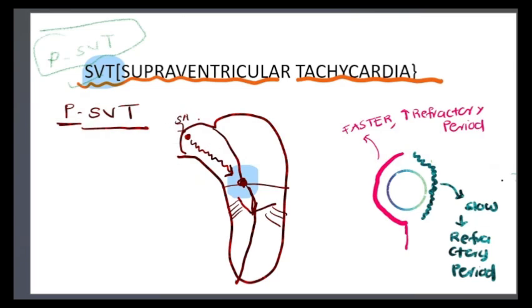Here, can you see this is the SA node, and it fires and reaches the AV node. And from the AV node, it travels through the AV bundle and travels to the right and left bundle branches, and from there it goes to the Purkinje fibers and that depolarizes the ventricle. This is normal. So to understand the reason for supraventricular tachycardia and how it is happening, let us look